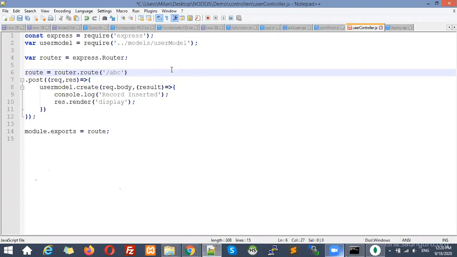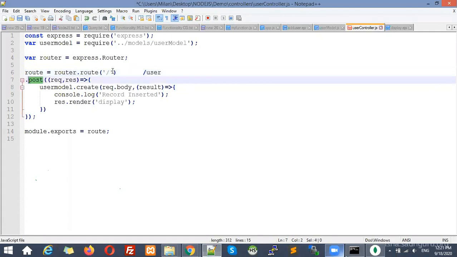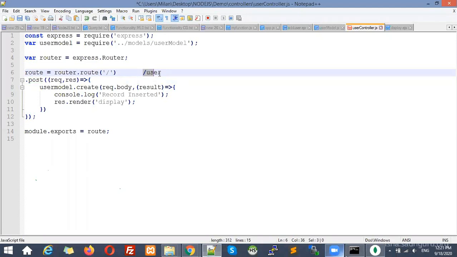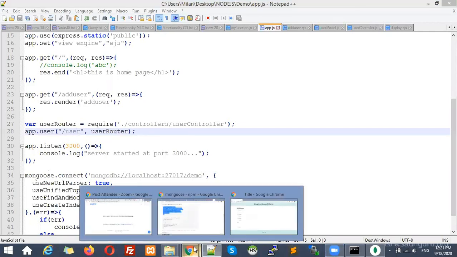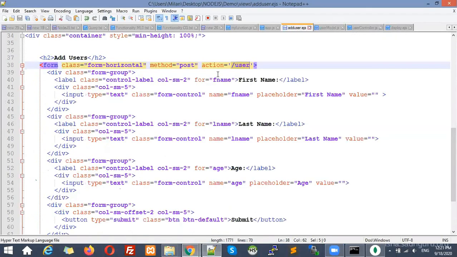That means this URL will become slash user slash ABC, right? But currently I have written it this way, so this ABC will be removed. That means if I just write slash user, but call with post, it will call this URL, right? So I have written it here through user. Now let me check the file again, this one here. You can see, now you can check slash user.